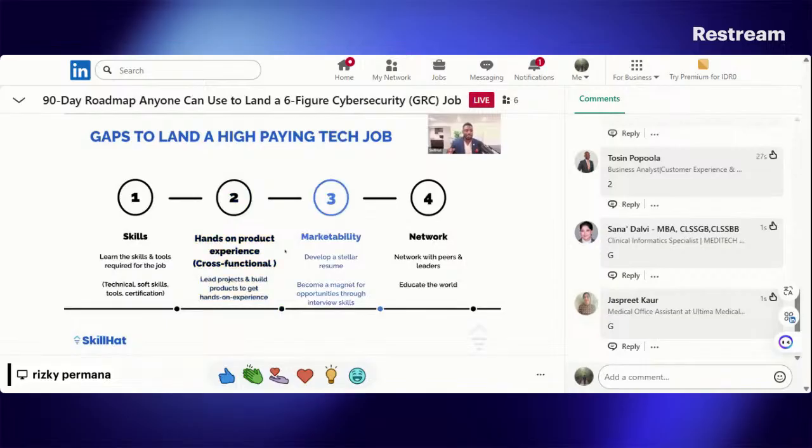Number three, marketability. And I'll use a metaphor here. Say you went to the grocery store and you saw yogurt on the counter. Let's say this was yogurt. And you see the yogurt, the branding looks good, you like the colors, you like the name, you like the ingredients. You take it home, you try it, you like it. You keep buying it. Grocery store is happy, company's happy, you're happy, right?